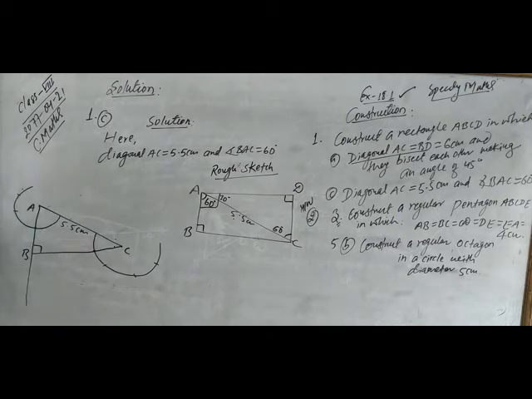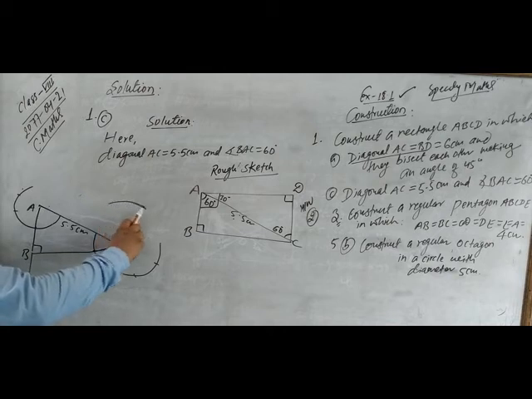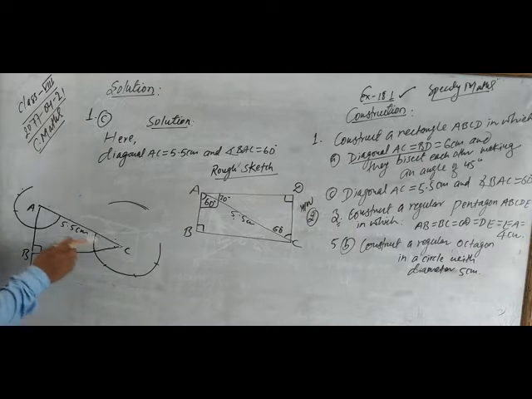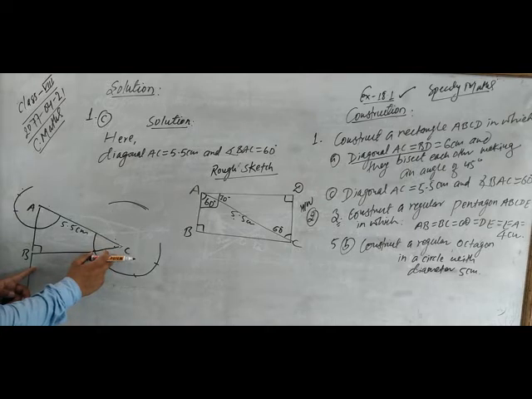Okay, now we have got this side BC and AB. Now take the length of AB with the compass, and from here take an arc, with the radius equal to AB from the point C. And then from the point A, take the radius BC with the compass, the same length as BC.